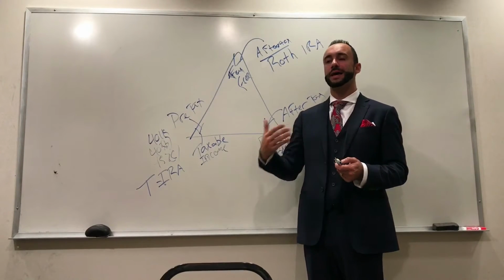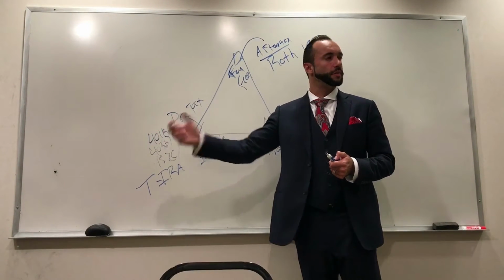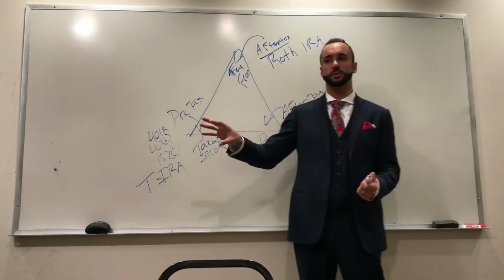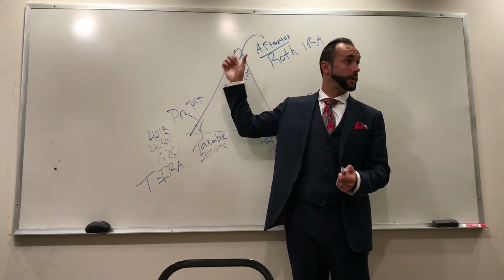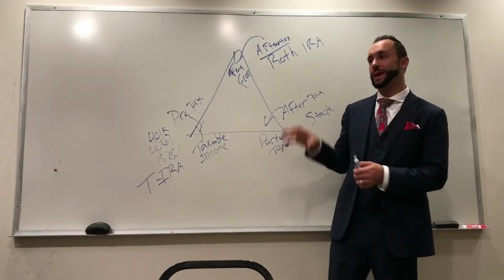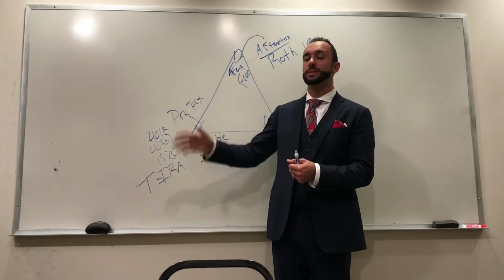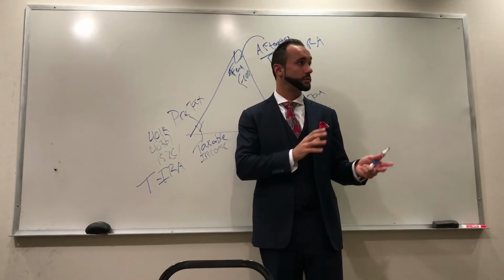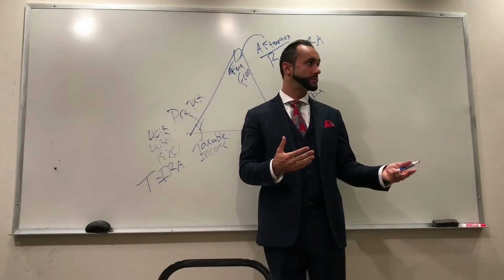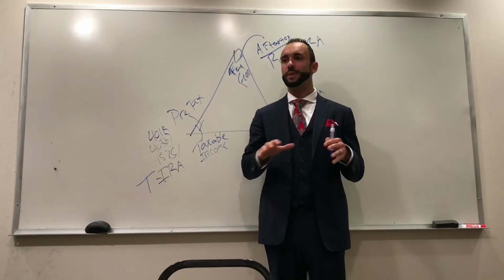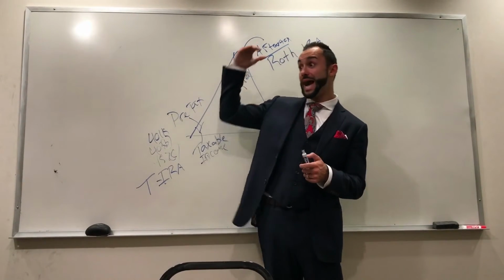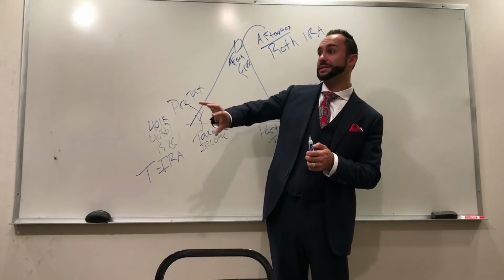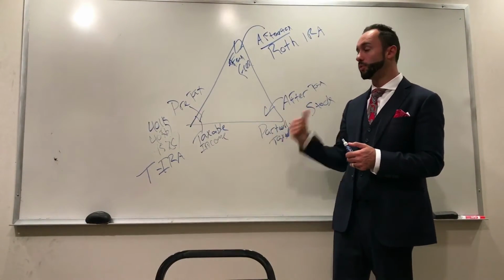So if you're thinking that taxes are going to go up in the future, then where do you think it would be smart to have money? In a taxable area or in a non-taxable area? In a non-taxable area. So a lot of people would rather pay taxes today, let it grow, and then never have to worry about paying taxes later. Now, there's also an advantage to the traditional IRA, which says the opposite. I'd rather not pay taxes today. So you might be in a high tax bracket and try to not pay taxes today, and then later on down the line, you'll pull it out and be taxable.